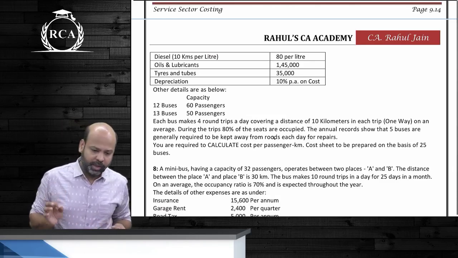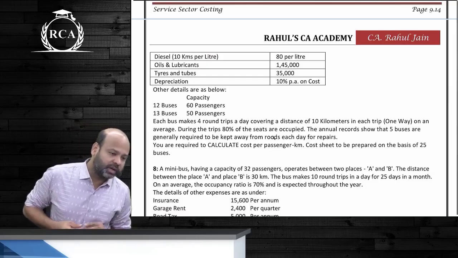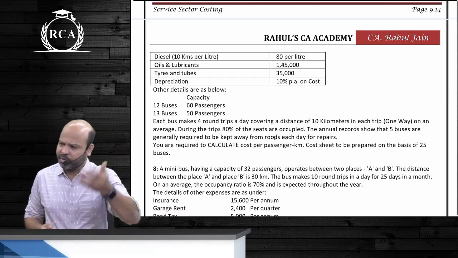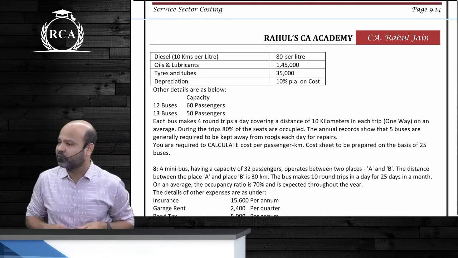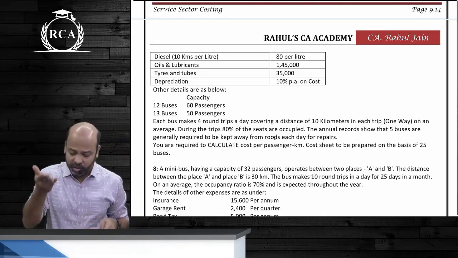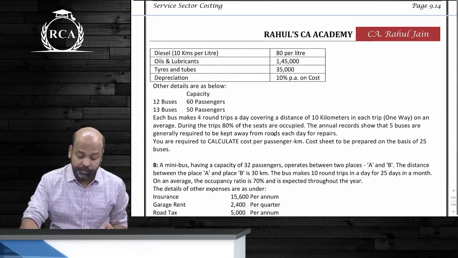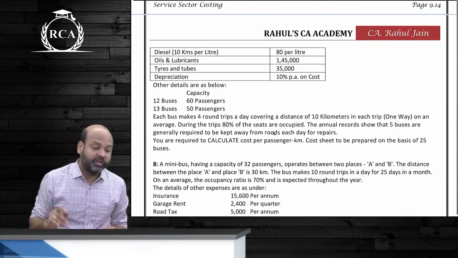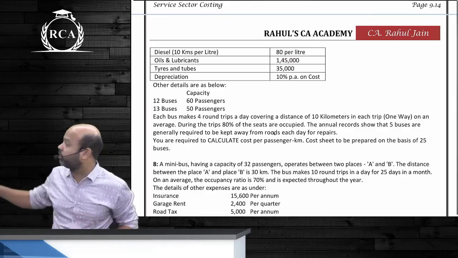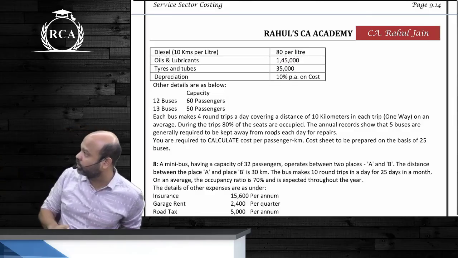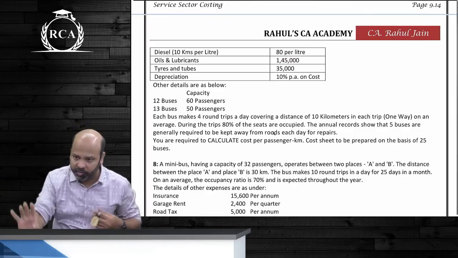The main part here will be to compute total distance traveled and total passenger kilometers. Once that is done, beta, then the entire thing is just presenting the cost statement. All the list of expenses are already given. We just have to put it under the right head. So for computing the total number of passenger kilometers and total distance traveled, only the information given below the table is relevant. The entire upper part is irrelevant. Okay?